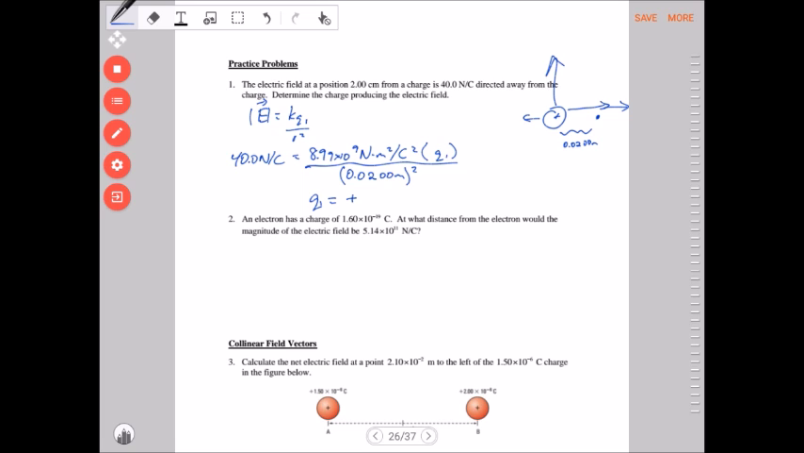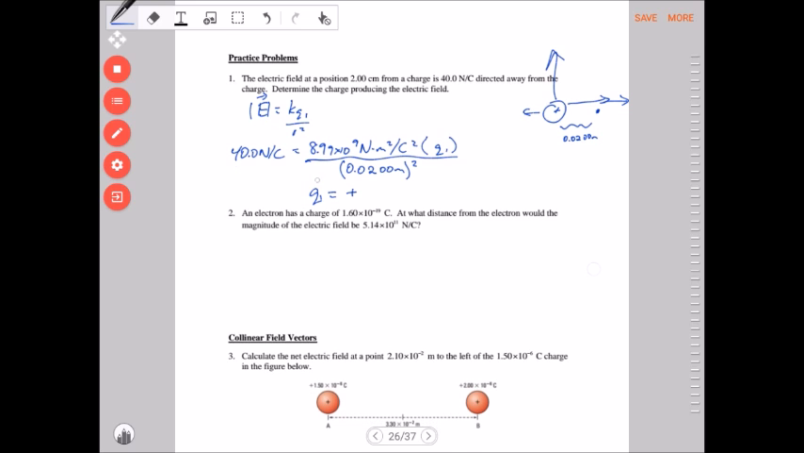Pardon me, I guess the calculation will always be positive, but we have to figure out whether the charge is positive or negative based on the direction of the field. All right, so we type all this in: 40 times 2 squared, divided by 8.99 times 10 to the 9, and we end up with